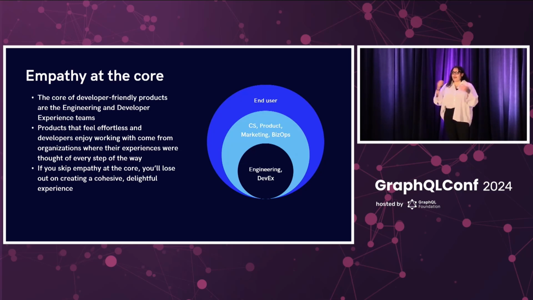I also want to take a step back and show you kind of a visual of what this looks like. So when I think of a product or an API, I like to think of it as a sphere. And within that sphere, there's layers. And we have engineering and developer experience at the core. When you embed empathy-driven decisions at the core, this creates a really strong ripple effect that ends at the end user, ends at your internal teams who are using your APIs, ends at whoever is ingesting your API. This creates a strong feeling that product or that platform or that API was built to solve their problems, and it frees your users to create really creative, innovative things.